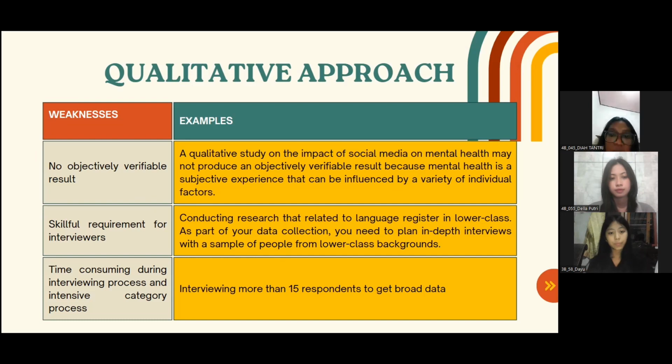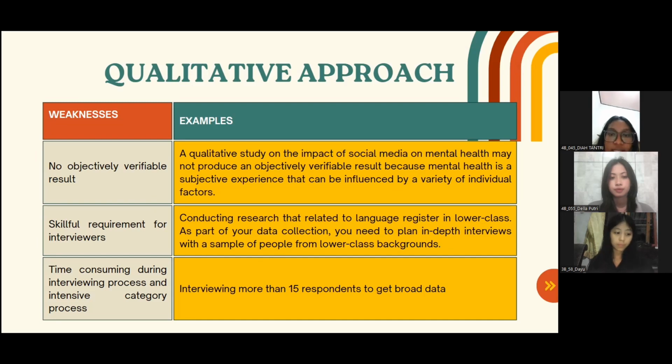These requirements may include having good communication skill, being able to build rapport with participants, being able to ask open-ended questions, being able to listen actively with empathy, and being able to probe deeper into participants' responses to gain a better understanding of their experiences and perspectives.